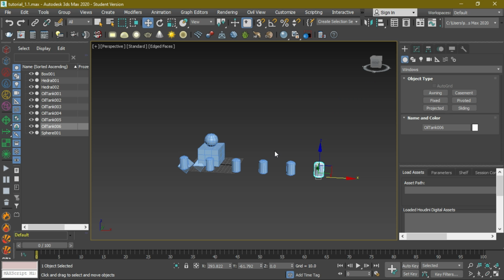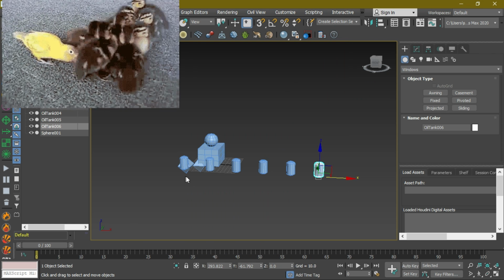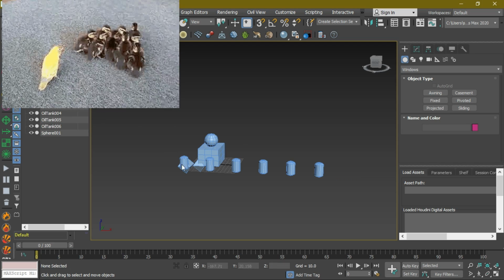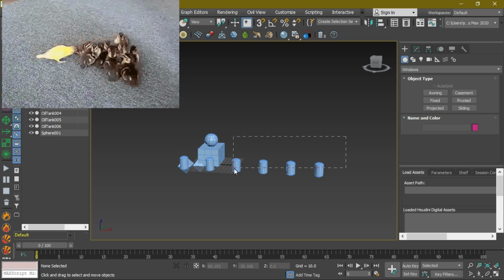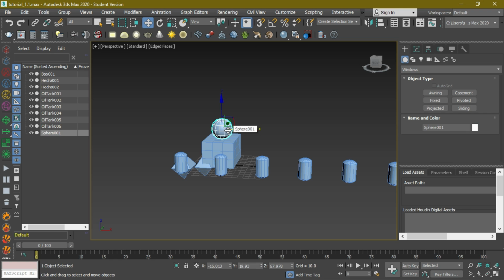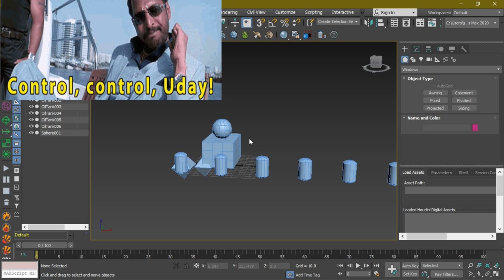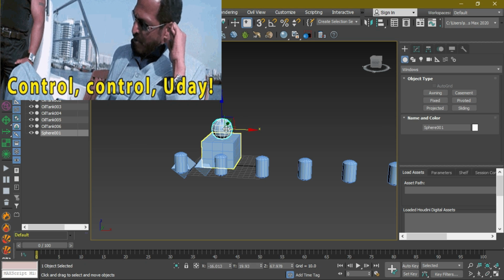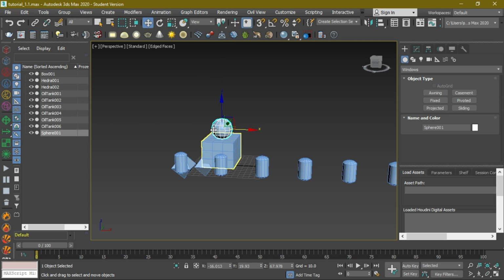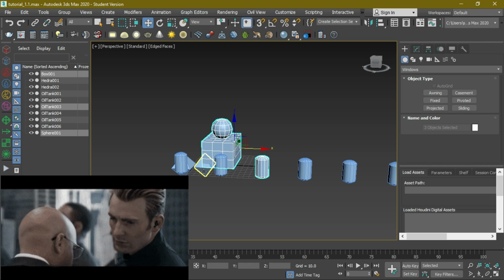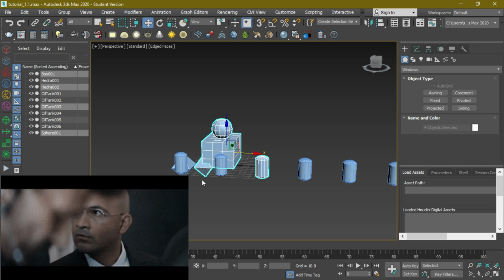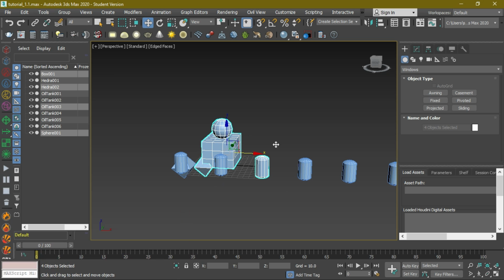Now you have learned about copying, and let's see how we can group these objects. By the name you can understand that grouping means picking the objects and putting them in a group. Let's say I'm going to make a group of a sphere and a box. To select multiple objects, you have to press the control key on your keyboard and left mouse click on the objects you want to select: a sphere, then click on the box, then go to the oil tank, and then go to the hydra. Okay, let's say I want to make a group of all these objects only.